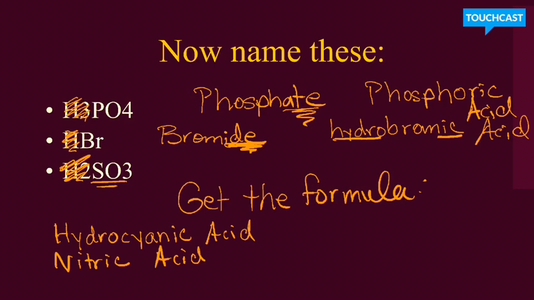In the next one, ignore those hydrogens. What is SO3? You'd have to look that up, but I'm going to help you out right here. This is sulfite. This is the sulfite ion. So you see how it ends in an ite? The rule for that is that you have to put an ous, O-U-S, at the end. But do you remember when I told you above about the phosphorus and sulfur? What do you have to keep in the name? You have to keep the sound in there. So a lot of people would actually call this sulfus acid, and that's